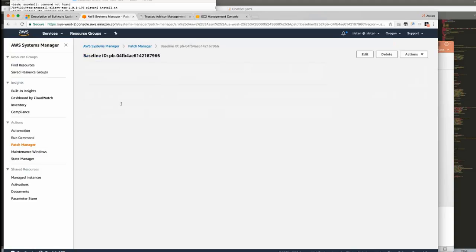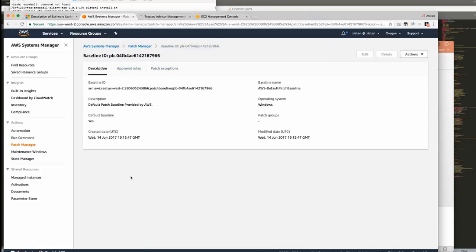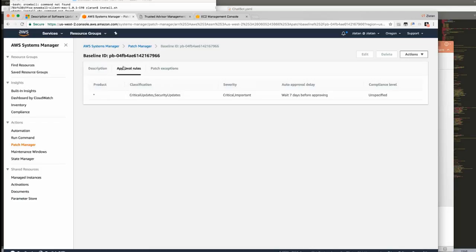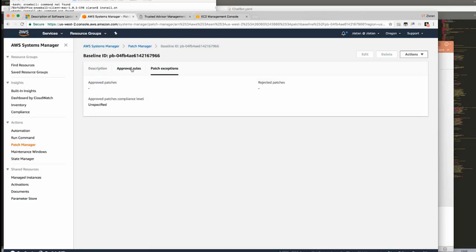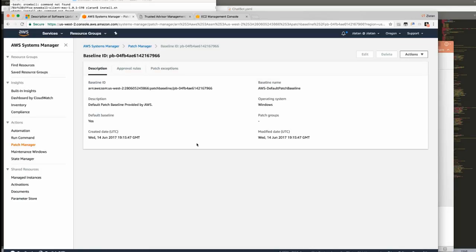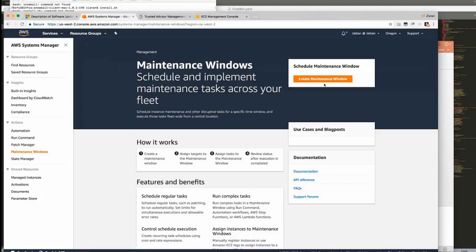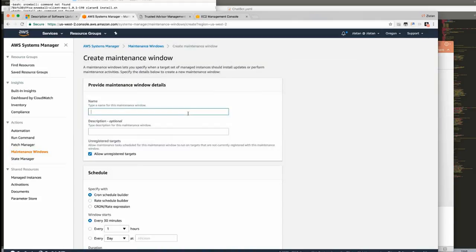There's a Windows one here, and this one is specifically the one that can be used with approval rules and any patch exceptions that can then be applied and used for all of your Windows servers. In order to do that, a lot of people like to have maintenance windows. In Windows world, we have that. So we'll say maint webinar,